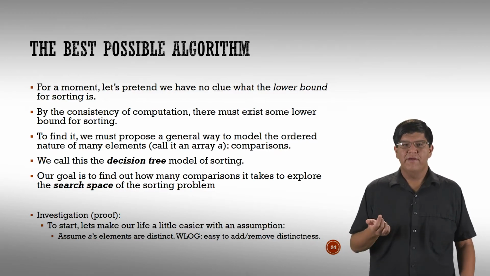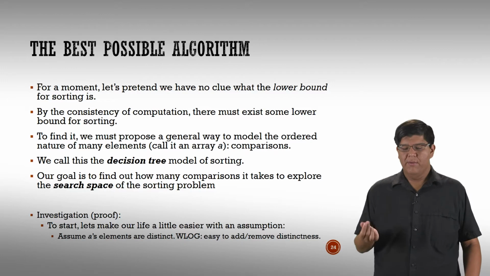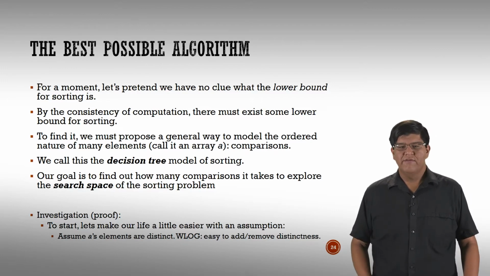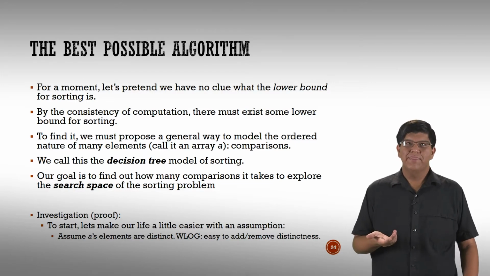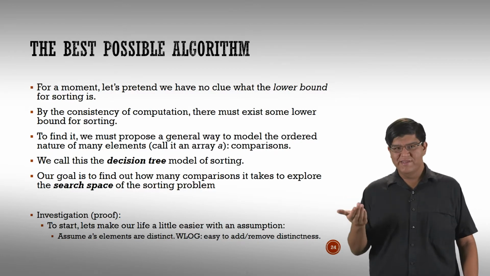But say we don't know what that bound is. We don't know that it exists or what it is. So what is the thought process here? In general, if we want to do this for another algorithm, well, first of all we have to have some hope that a lower bound does exist. In theory, a lower bound should exist somehow,